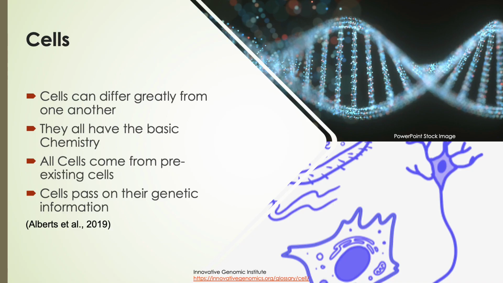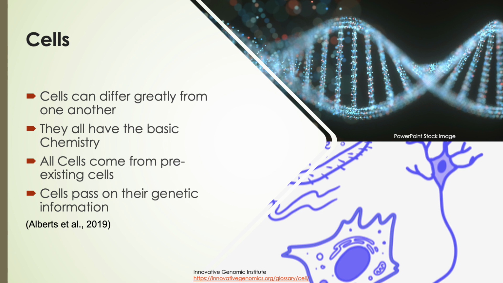Cells can differ greatly from one another, whether it is based on their size or function. A bacterial cell, for instance, is only a few micrometers, but a cell like that of a frog's egg can be 1 millimeter in size. The shape of cells can also be very different. Brain cells that send signals to other areas of the body have long protrusions, whereas paramecia have an oval-like shape with many hair-like extensions called cilia coming out of the body that rotate to allow for movement.